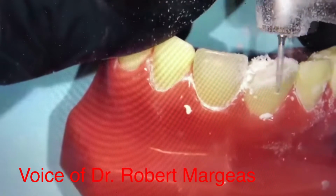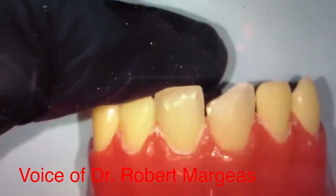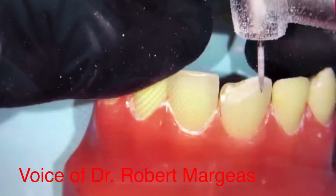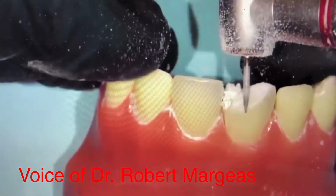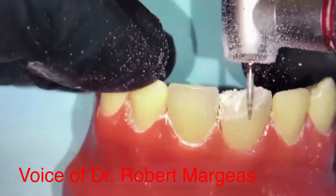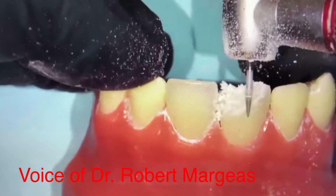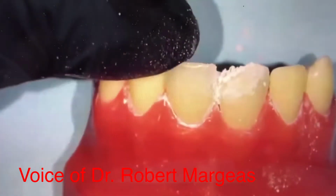Deeper on the fracture line where that is. And I want to make that longer. It's got to be about a 2 millimeter bevel so that you can really hide that fracture. If you don't make it long enough and deep enough, you're never going to be able to put the material on